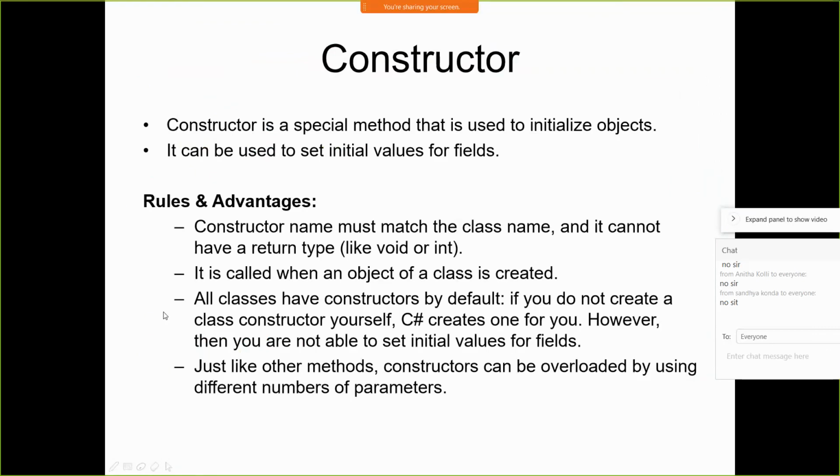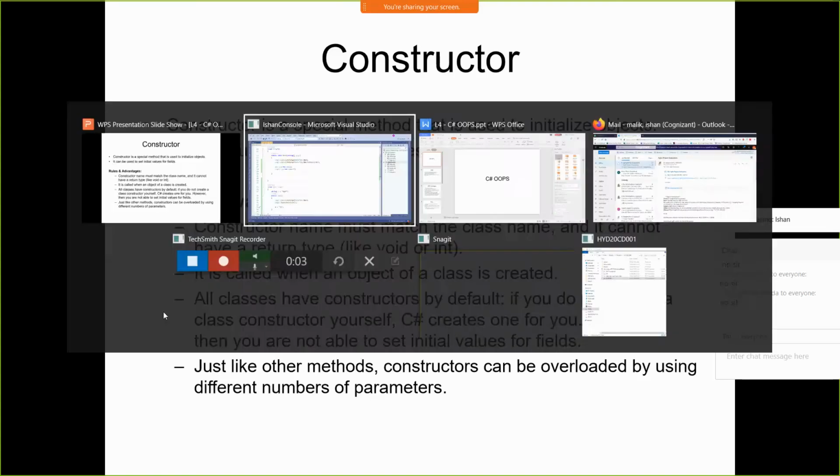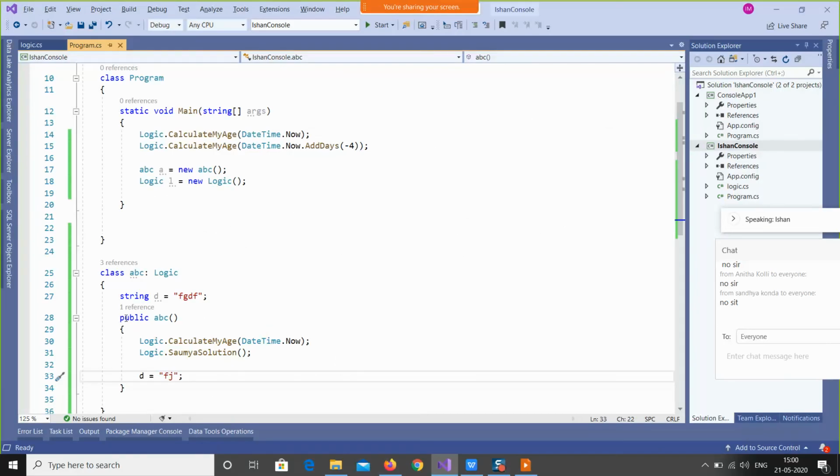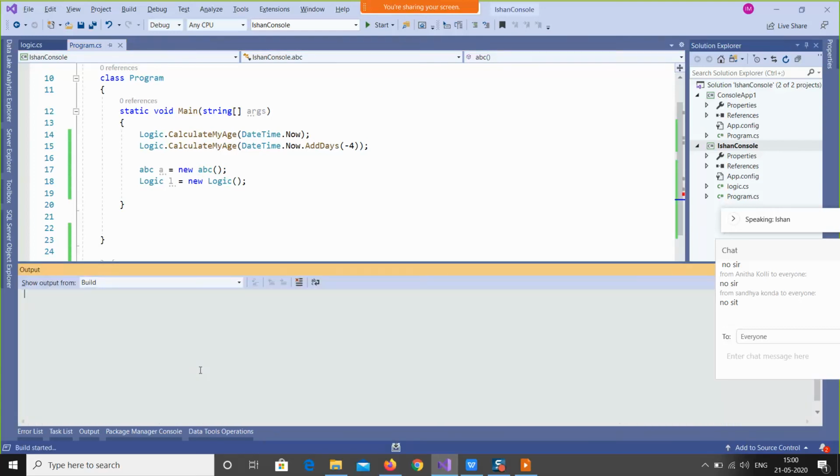Okay. So there are some rules to use the constructor. The constructor name must match the class name, and it cannot have any return type like void or integer or anything. As you can see, if I write this differently, I will start getting an error.